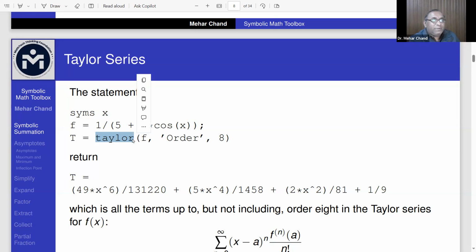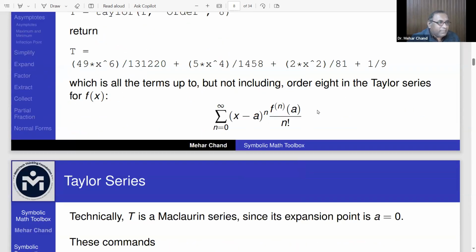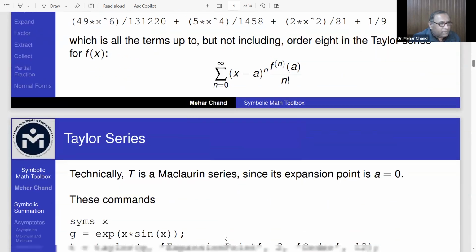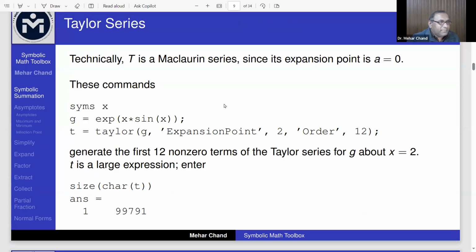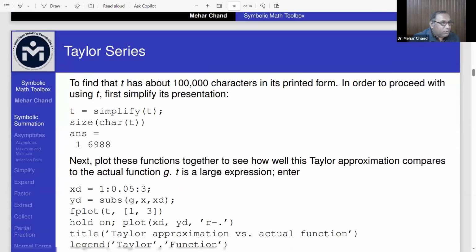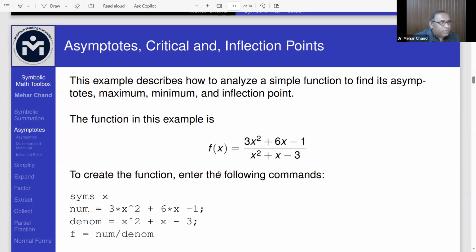Taylor is an inbuilt function in MATLAB. We are using it directly at this place. And here is f, and then you define the order, and we put 8 at this place. So when you execute this statement, the above function will be returned in the form of a series, which you can see at this place. And the Taylor series you can define in this way. Again, this is the same based on the Maclaurin series. I leave these examples for you. You will go through all of this yourself. Okay, now